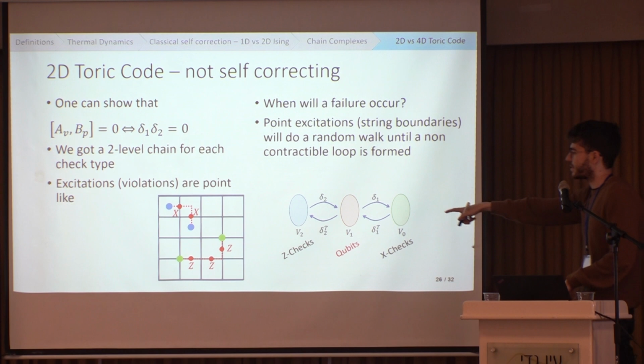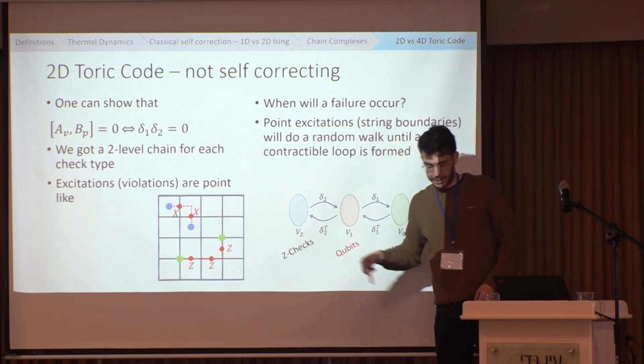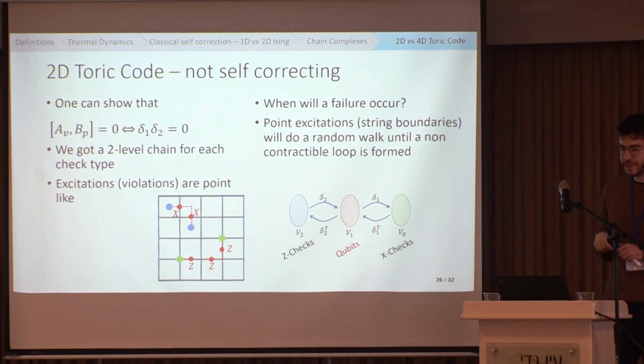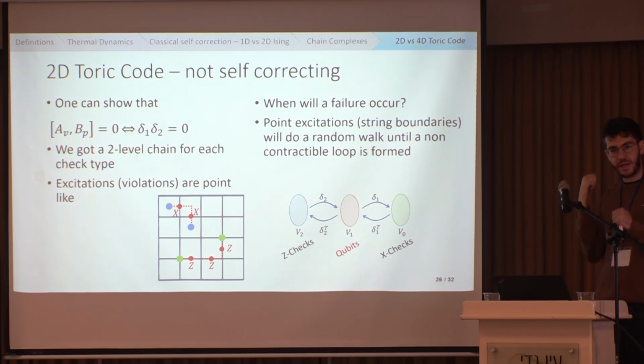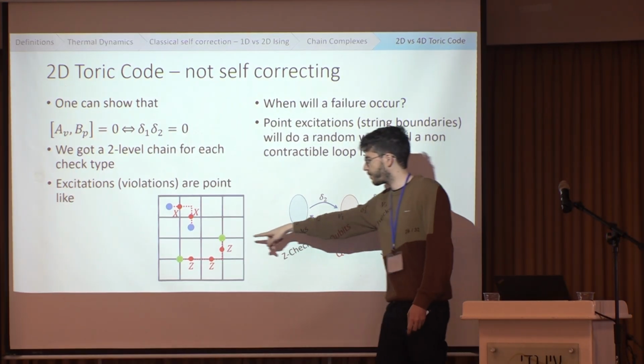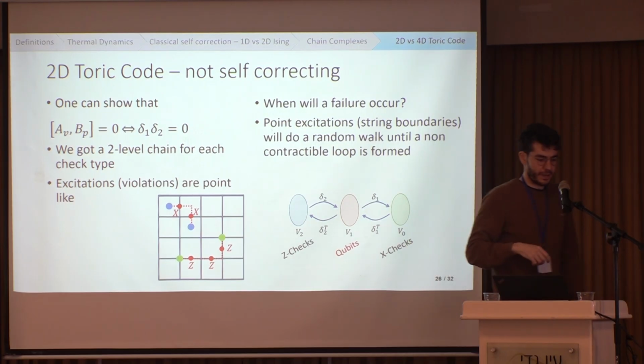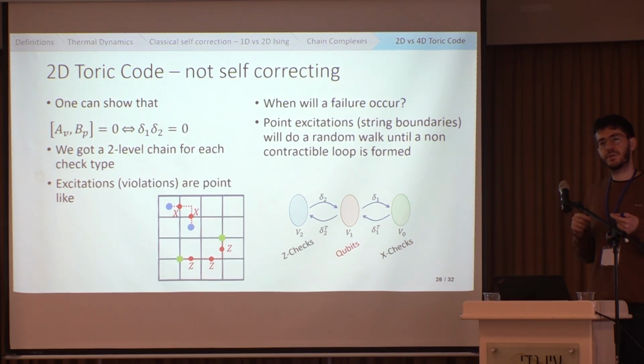Because we have these boundaries, these violated checks with the same energetic price as in the 1D Ising model, moving them does not cost us any energy, because we don't care if this sits here or there. The violations will do a random walk as they did in the 1D Ising model. And eventually, because we'll have again many strings in a large system as we had in the 1D Ising model,